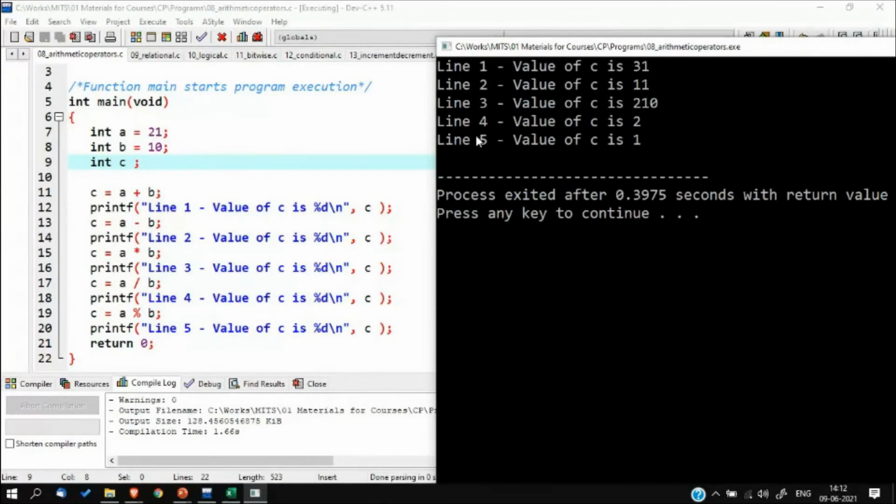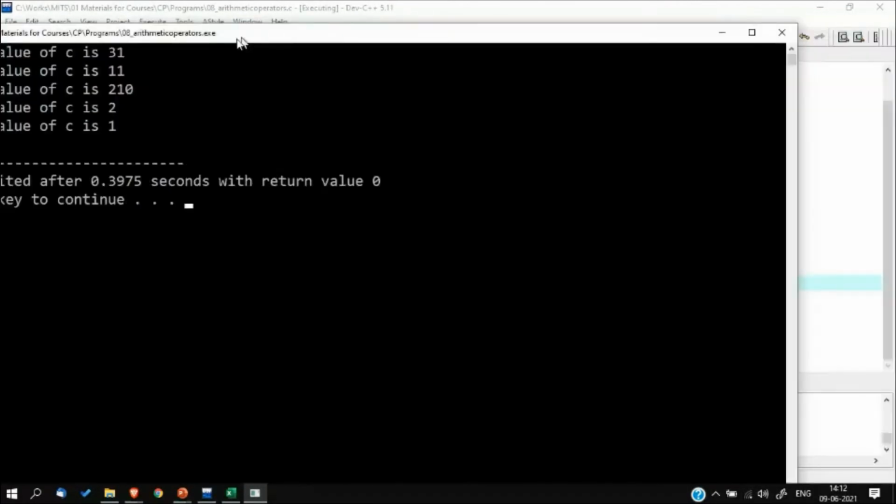So that is printed. And as I said, since this is an integer division, here the c value will be only 2. And this line will give you the remainder, the remainder of 21 divided by 10. So the remainder for the integer division in that case is only 1. So that is displayed here. So that is about the